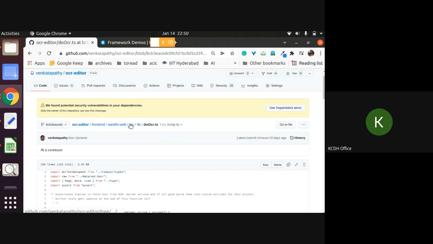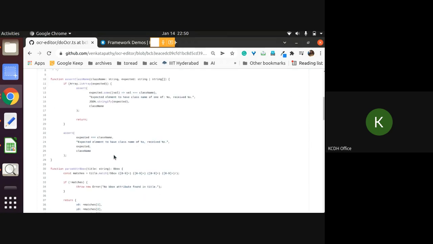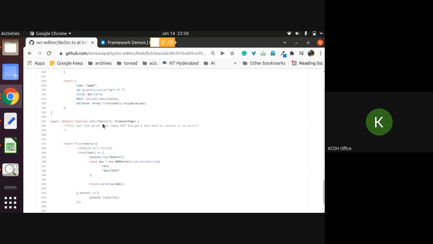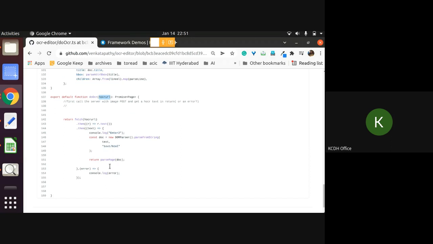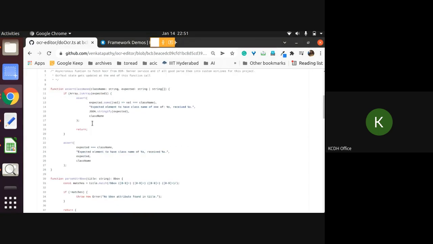So within SRC there is something called the library folder. The OCR does nothing but fetch a HOCR URL and pass it to some kind of Ajax. I hope you know Ajax, but basically it will send a request to the server, and then HOCR will be built again based on this React.